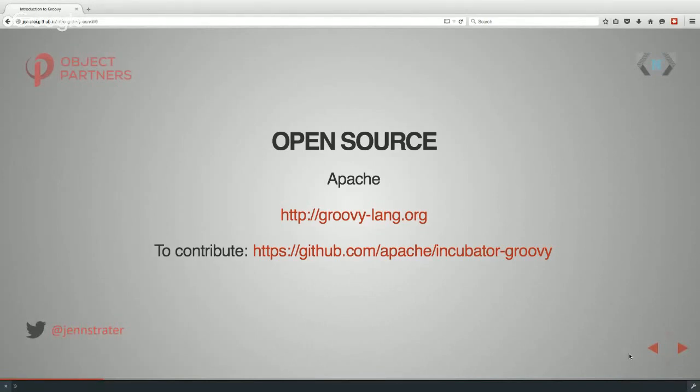So it was at a kind of crossroads. What do they do now? Groovy wanted to ensure that it was maintained over the course of time. So it joined the Apache project. Everything is at groovylang.org, and it's in an incubator phase at Apache now. Even though it's been around for a while, they're going through the steps, learning how to deal with the Apache process, and it should be a great thing for the longevity of Groovy.